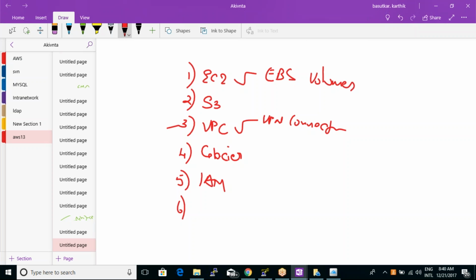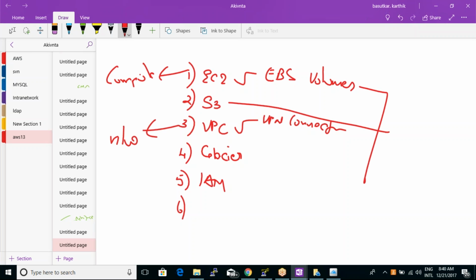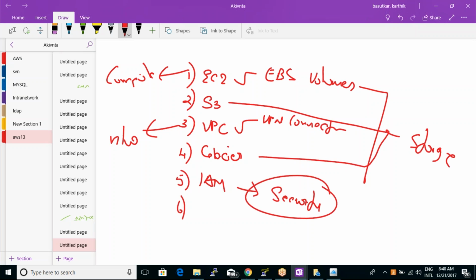So it's like we have covered networking, we have covered compute, and EBS volumes, S3, Glacier come under storage. And this is something security. Okay. Now we'll talk about one more service